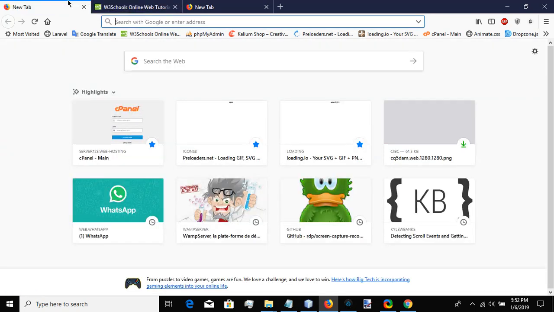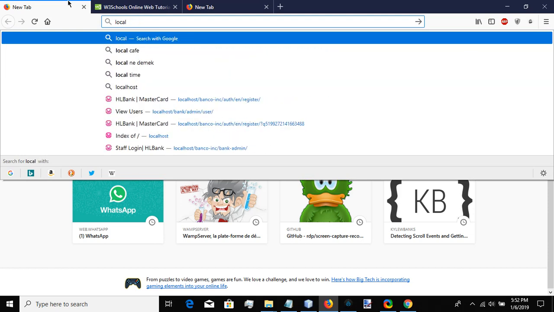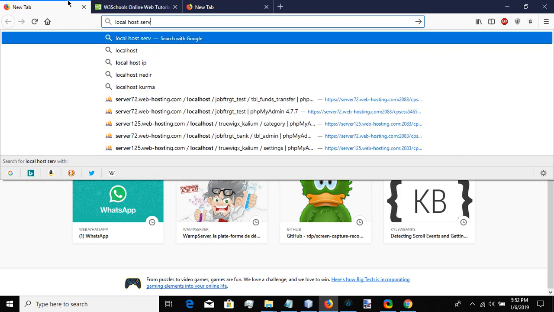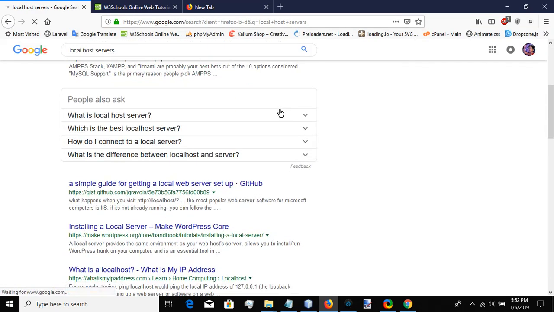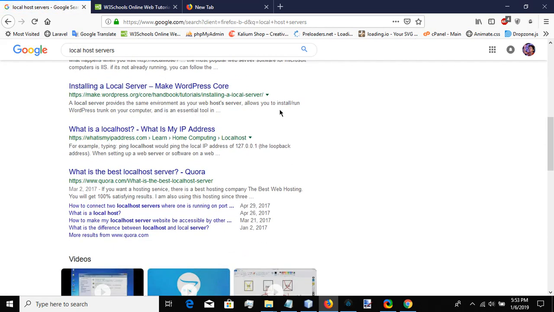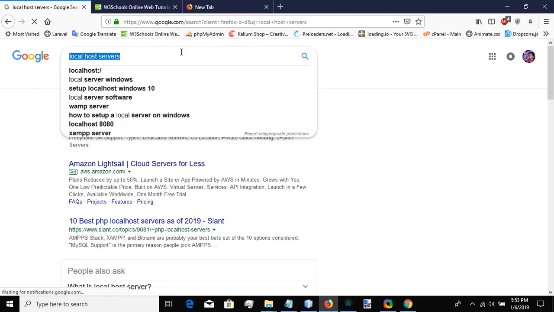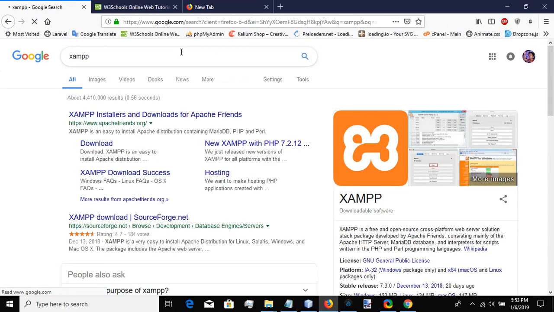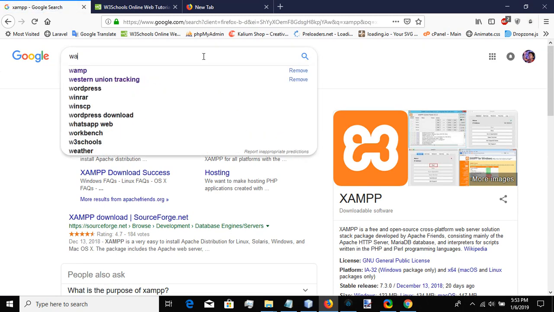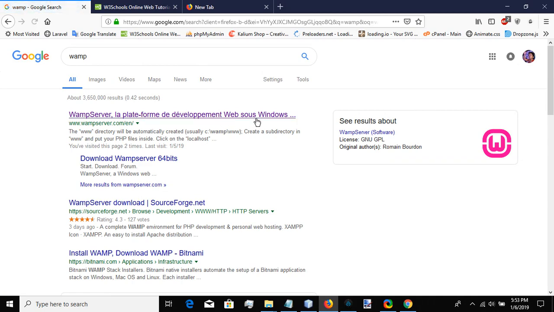Before you start running PHP, you can download a local server. There are a lot of localhost servers out there. When you search for local host servers, a lot should come up. Let me say XAMPP. There's one called XAMPP, and there's one called WAMP. A lot of them actually, but I use WAMP. So after downloading this WAMP,